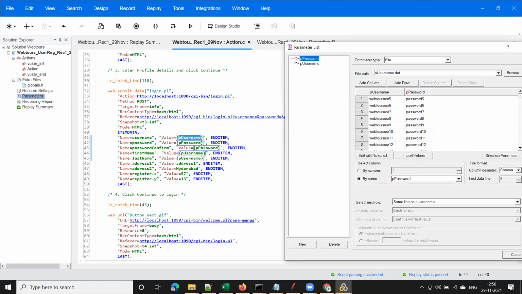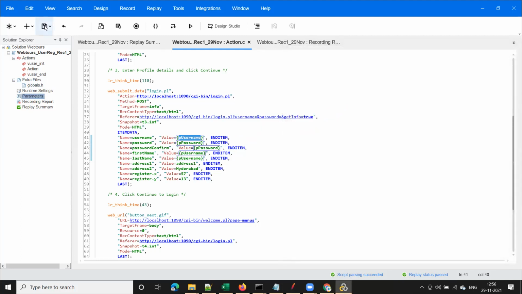So as soon as it comes to this line 42, it will go to P password and see first what the username is for this iteration. The username is this one. Now it will pick the password from the same line, correct? Now let us replay the script and confirm that. I'm replaying the script.